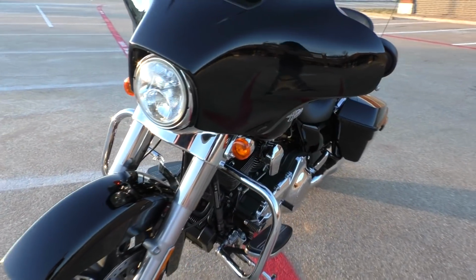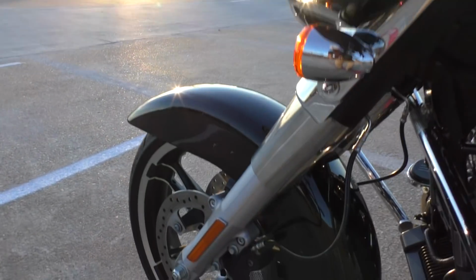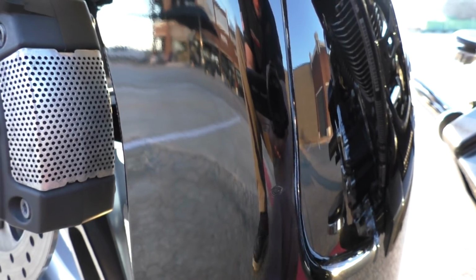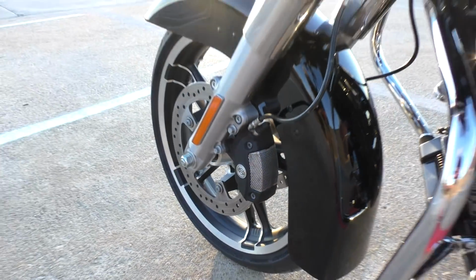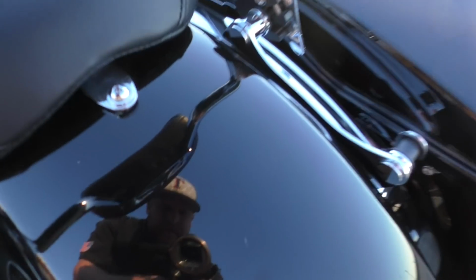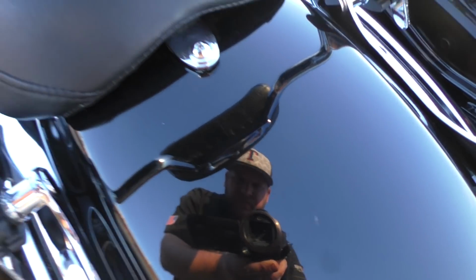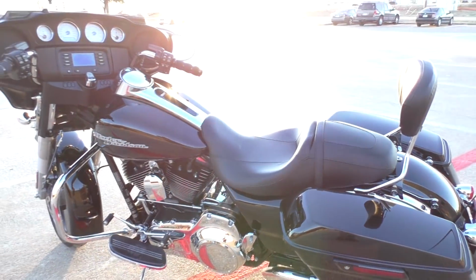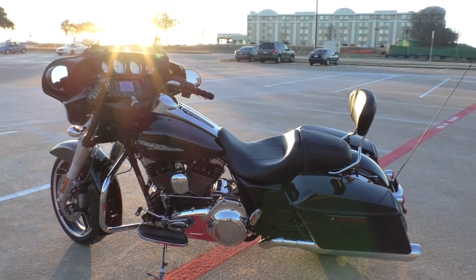Only 2 spots I found on this '16 Street Glide. It's got a small chip right there on the back side of the front fender, and then it had a small little nick in the paint right here on the rear fender. That was it, real minor. I want to point them out to you though. It's got a heel toe shifter,